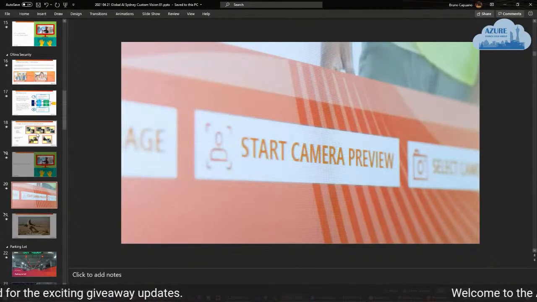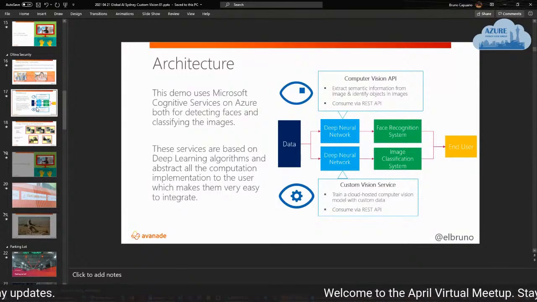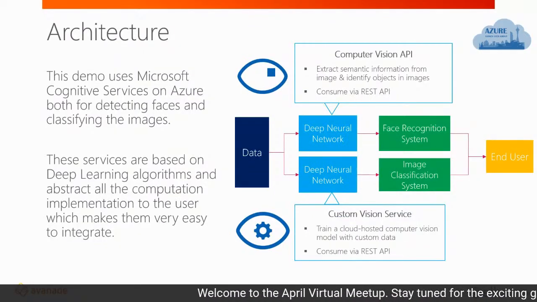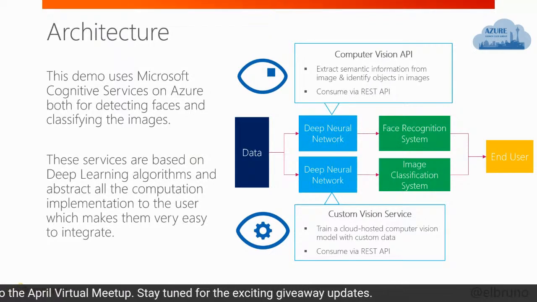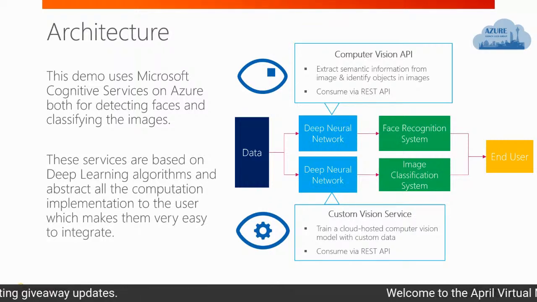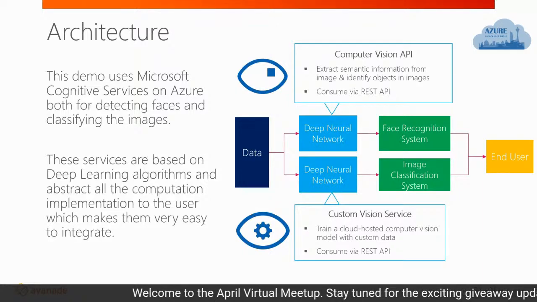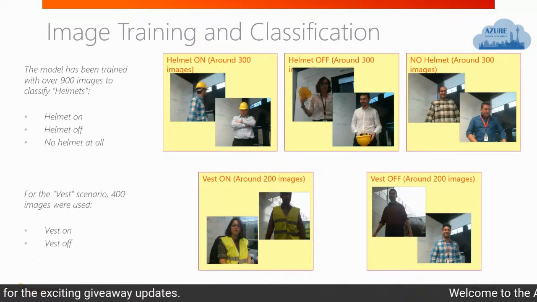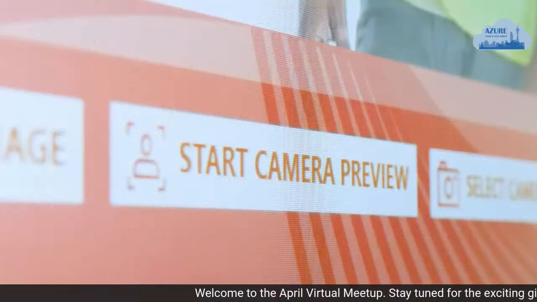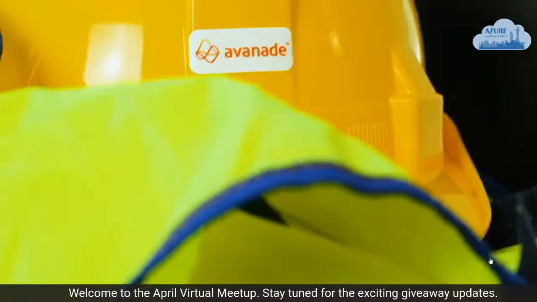Give me a second. We can create a system to train a custom model using a deep neural network to analyze people, detect faces, and then check. We started to do a lot using two approaches. One, using custom code, where we write a lot of code to do this analysis and identify this, and also we do this with the Custom Vision service. So we basically train with 900 or 1,000 images of people wearing helmets, people wearing vests, vest on, vest off. We have a lot of images, and we have a decent scenario where we can,